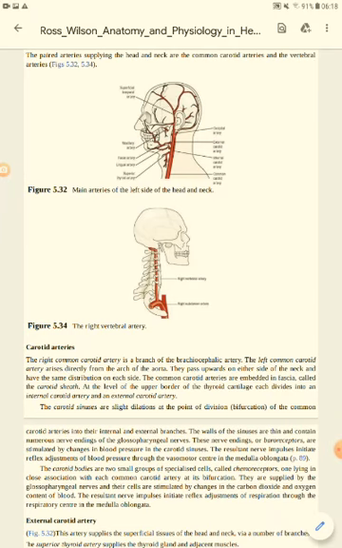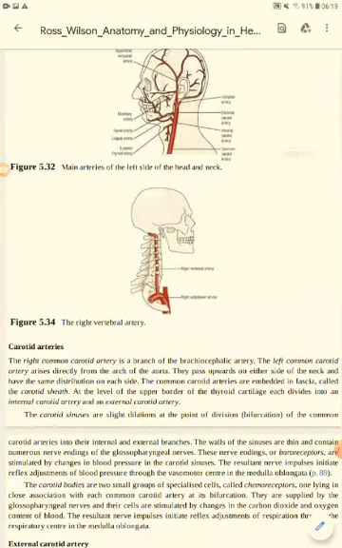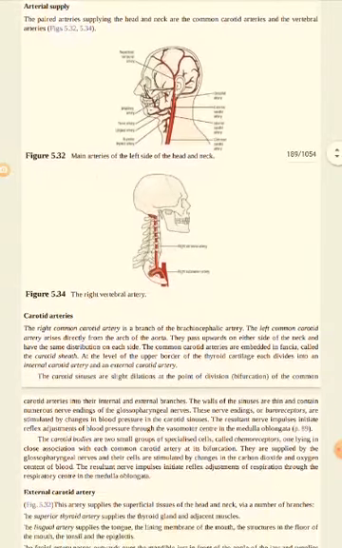There are certain dilatations at the level of the bifurcation of the common carotid artery, where it divides into external and internal branch. So these dilatations are actually the baroreceptors, which respond to various pressure changes, that is blood pressure changes in the body, and are involved in the adjustment of blood pressure through reflex mechanisms. So carotid sinuses are actually dilatations at the bifurcation of the common carotid arteries, which respond to various pressure changes.